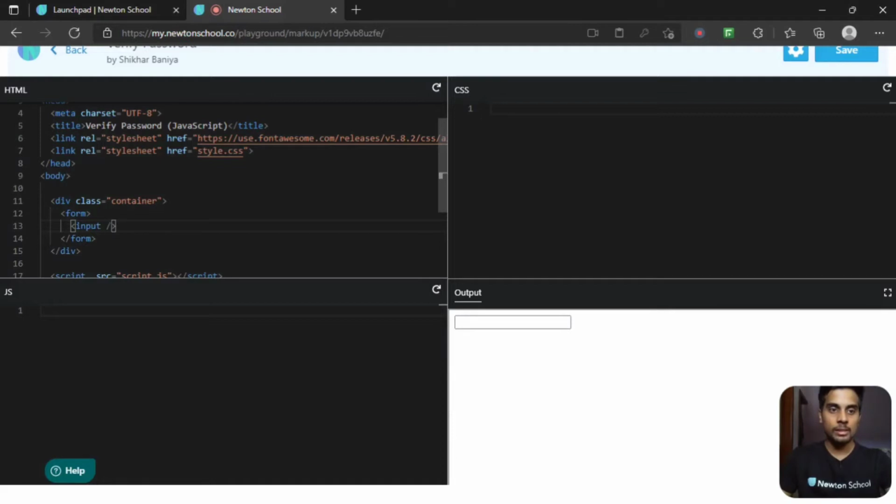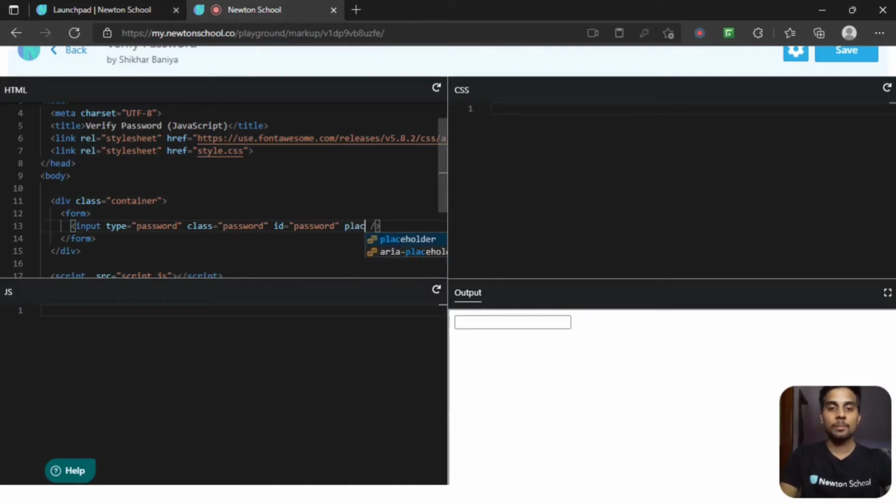All right, so inside this, let's add some attributes. First will be the type of input tag, so the type will be password. Next let's give it a class of password. Also I want it to have an ID of password.